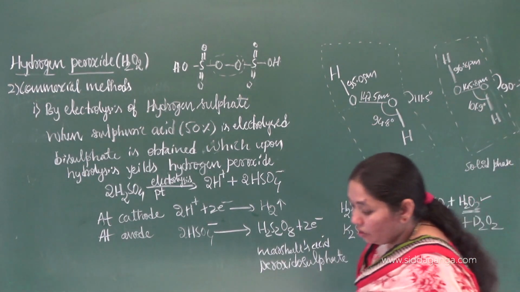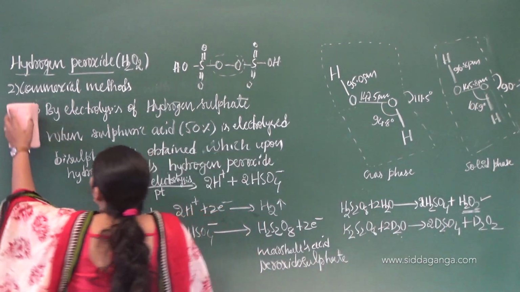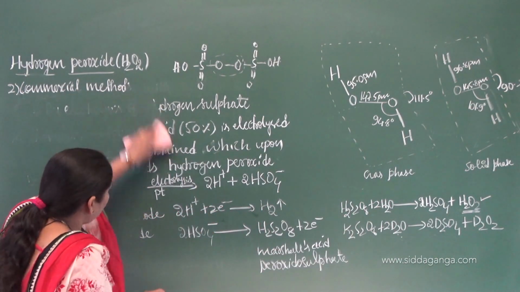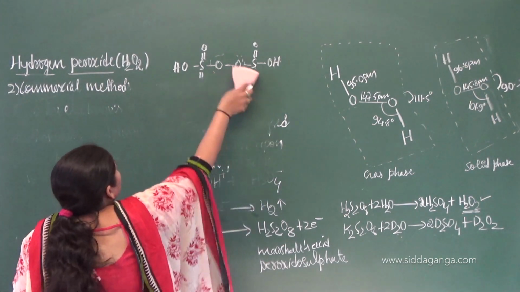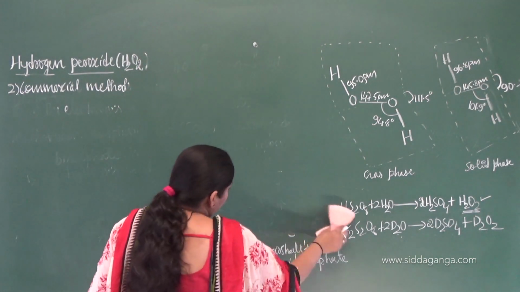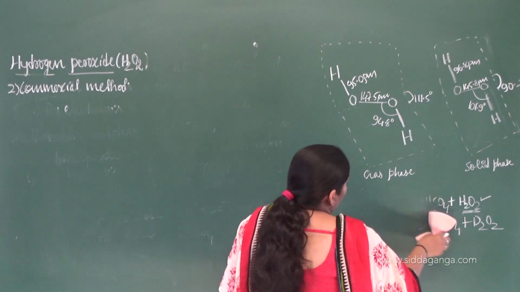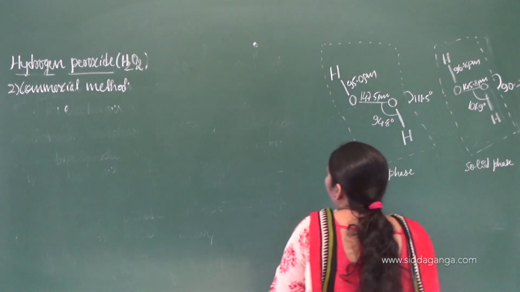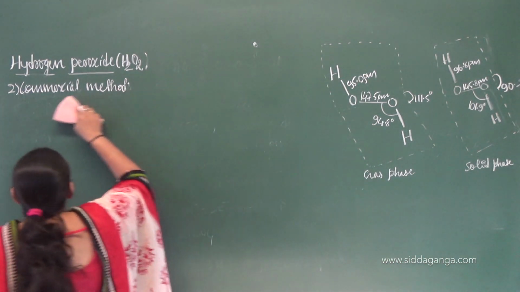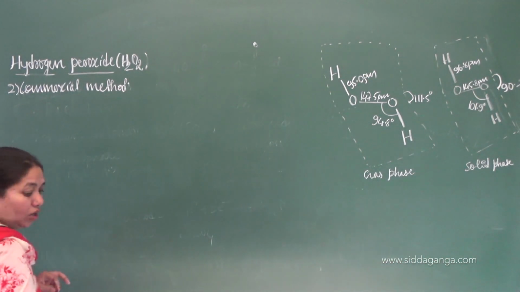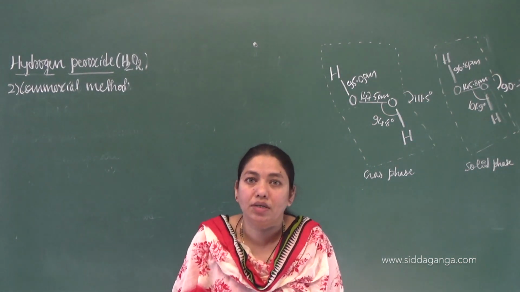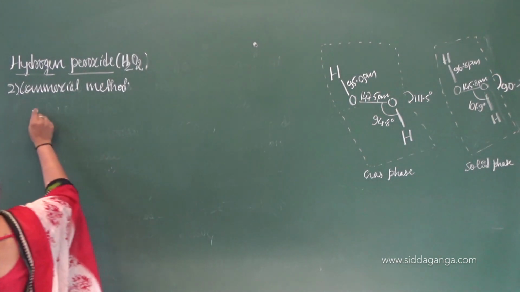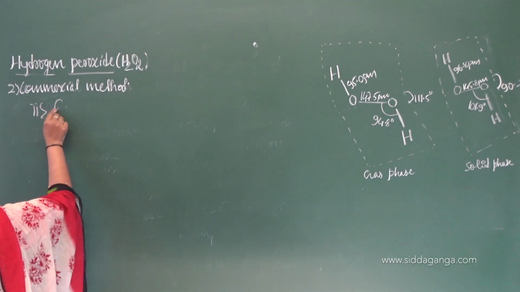Right. So likewise, we have one more important method used for the preparation of hydrogen peroxide, again commercially only, by using alkyl anthraquinols. Alkyl anthraquinols, that is the second method used for the preparation of hydrogen peroxide. So what is that? The second method is nothing but from